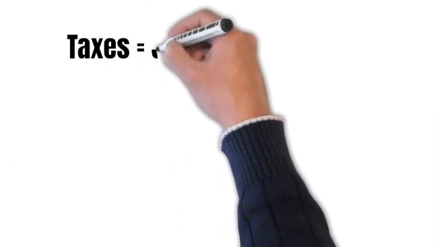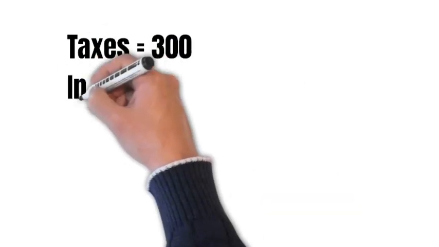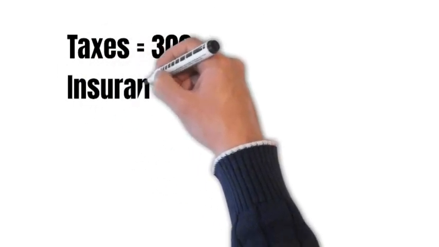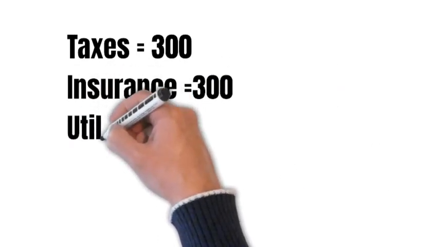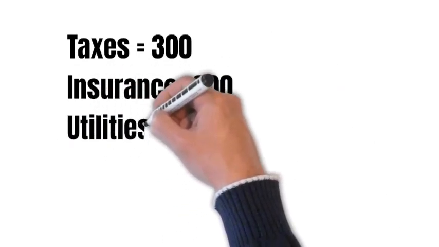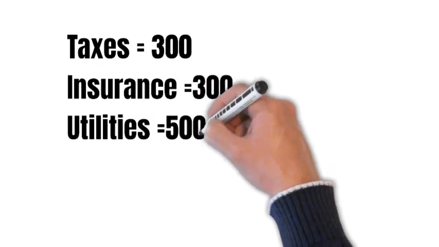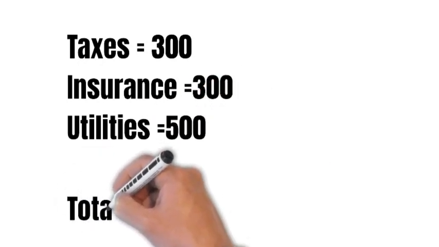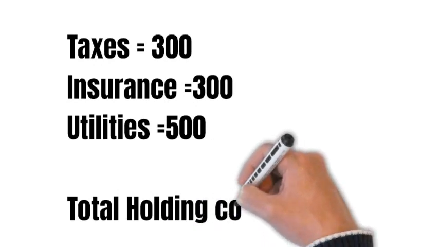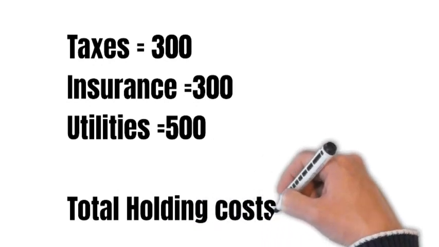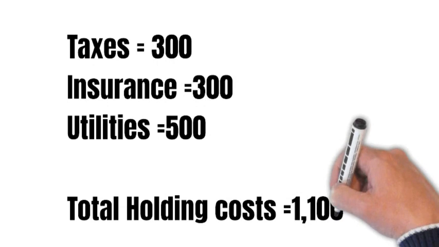I looked up the tax bill from the previous year and calculated what my approximate holding costs on taxes were going to be during that time. I reached out to my insurance agent and got a quote for insurance for that time, and then calculated out what my utilities were going to be during that time. I came up with about $300 in taxes, $300 in insurance, and a utility bill of around $500 to hold